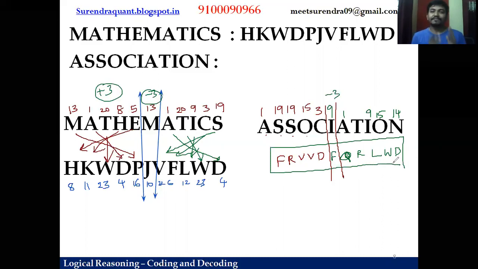So this is the first lesson. I want to make it short and more informative. So in the second lesson, we will see shifting only, but with different shifting: +1, -2, +3, -4, +5, -6, like that. One addition, one subtraction. And those additions and subtractions can be done diagonally or by splitting the word into 2 equal parts. In the next video you'll have the opposite pair concept as well, number coding as well, and the new patterns that have come in most of the exams, so I will talk about those models in the next video. So thank you so much for watching. Keep learning, keep inspiring.